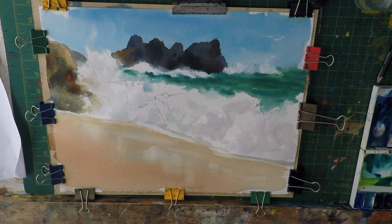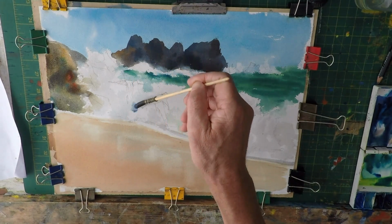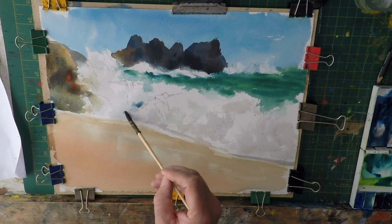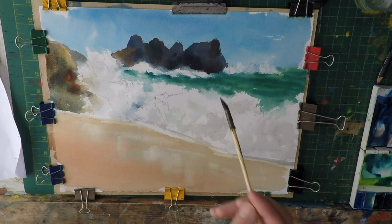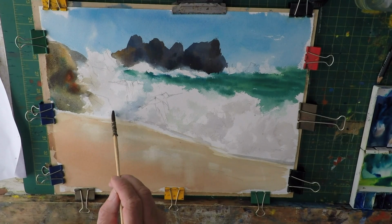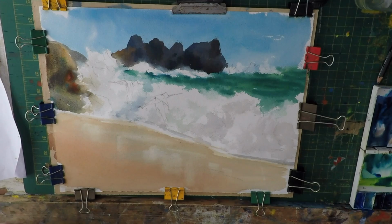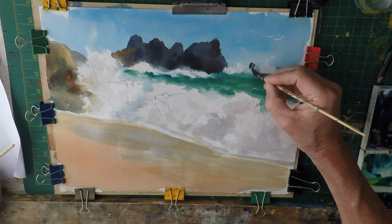Now looking at that, I can see the shadow on the left hand side of the wave is an awful lot darker, but I don't. Too dark. Again, we've got to make sure that